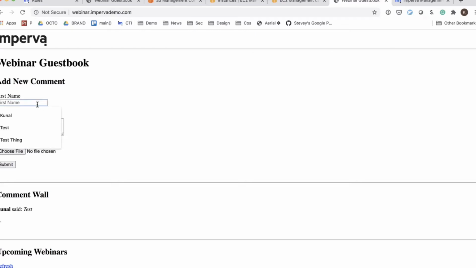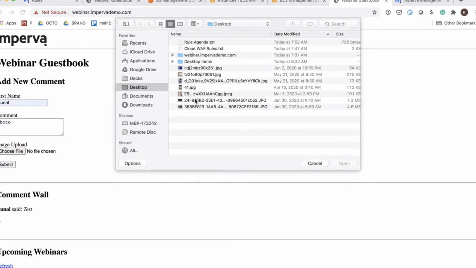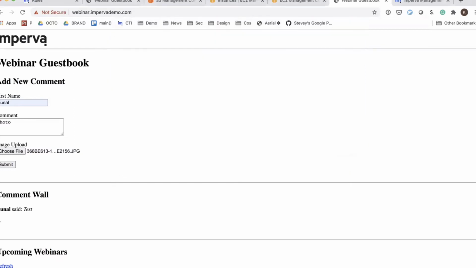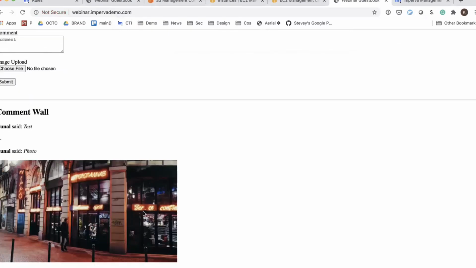One thing some of you may or may not know about me is I love photography. In my role, I get to travel all over the world, and I get to take photos everywhere I go. I've got these large photos that I've taken from places. There's a 4.6 megabyte photo over here. Let's go ahead and upload that. You can see the browser down there is going to do an upload and refresh. I was able to upload 4 megs. But what if we want to restrict it? What if we don't want a 4 megabyte photo ever coming up? Maybe we want to make things a lot more efficient before things ever make it back up to us.